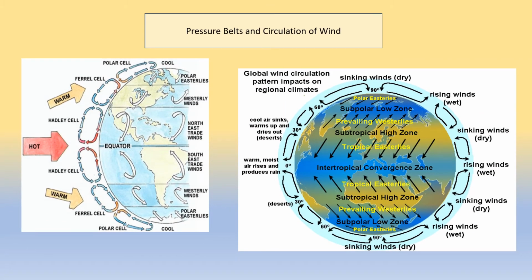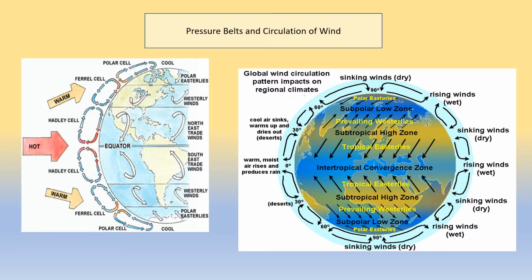mid latitudinal high pressure belt. This is the area which is very important, and most of the deserts of the world are found in this region. The heated air becomes lighter and starts ascending, and after reaching the higher altitude moves toward the polar region, towards the north and south pole. Due to low temperature at the higher altitude, the air